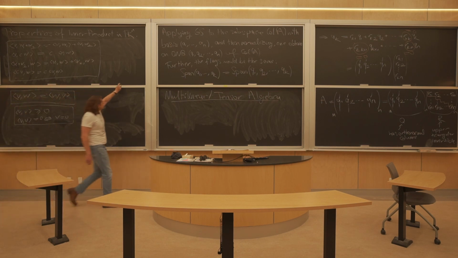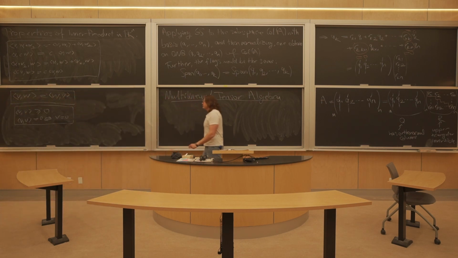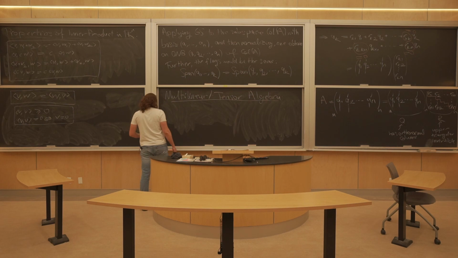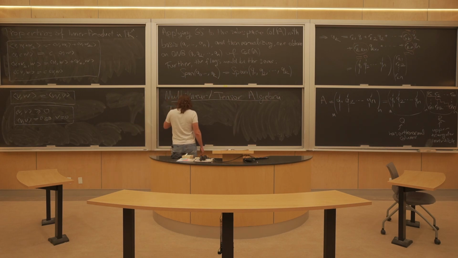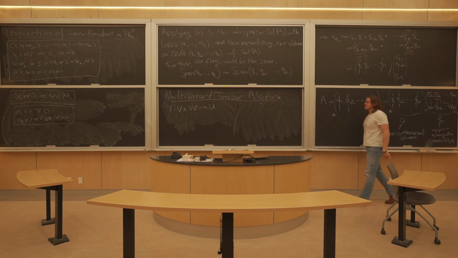So first of all, the things that satisfy that first property are called bilinear. It's not a linear transformation, but it is linear relative to each of its arguments. So let's write it like this. T from, let's say, V, W to U. V, W, and U are three abstract vector spaces. I'm going to call it bilinear